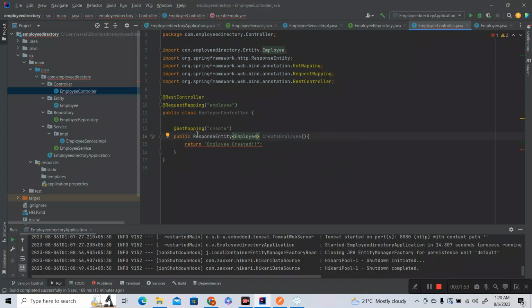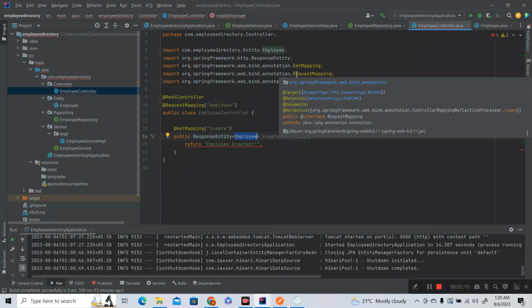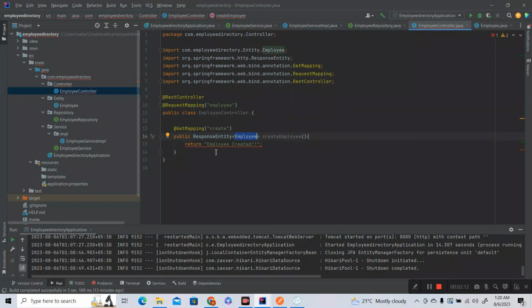You don't have to actually return a response entity. Other than that, you can directly return the entity as a whole. You can just directly give the return type as employee and return the employee entity itself. But response entity also allows you to send some error codes or some status codes or something like that. So it is popular in that sense. So I'm just gonna say return. Obviously yes, I have to change it to a post mapping,